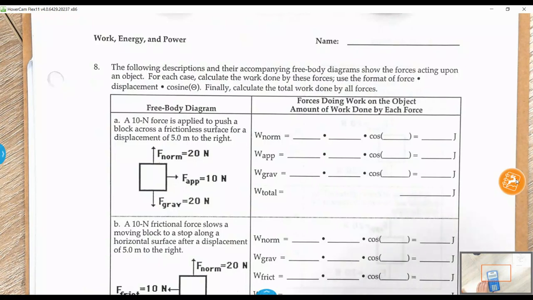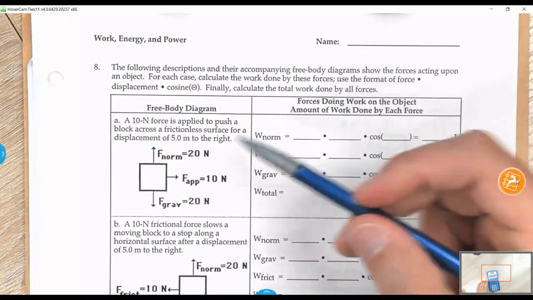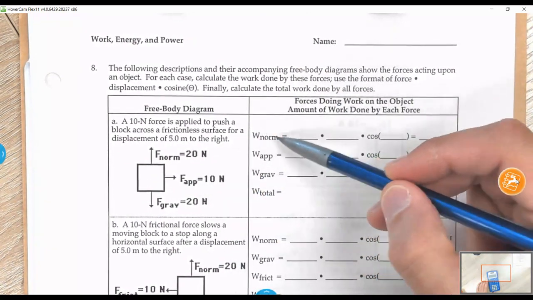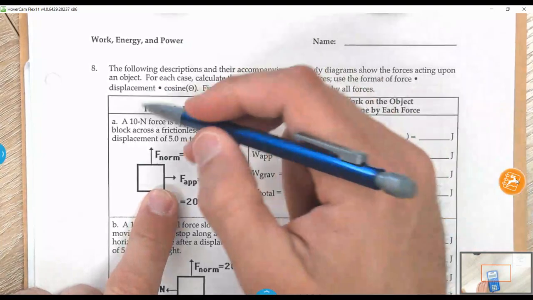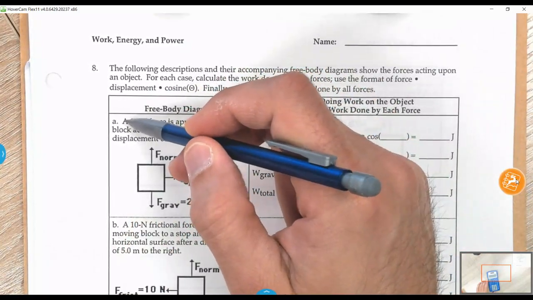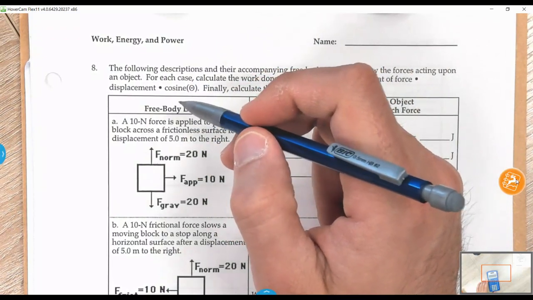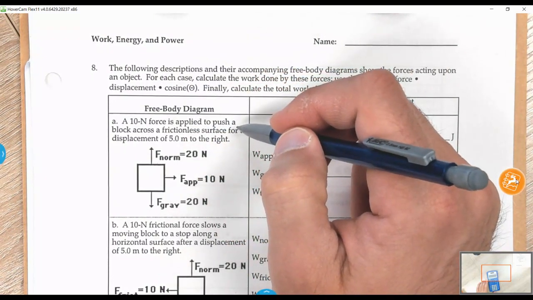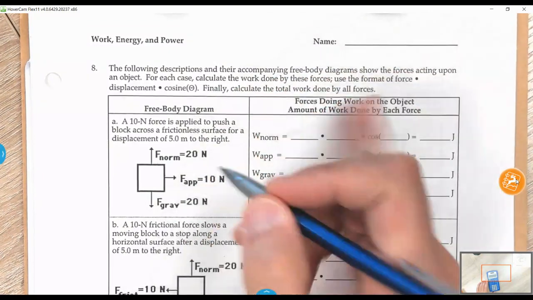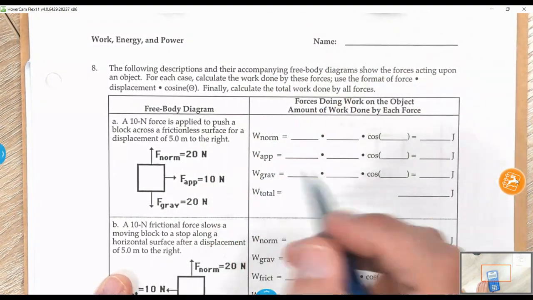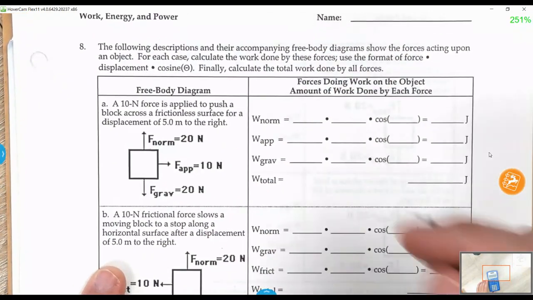Calculate the work done by these forces. Use the format of force times displacement times cosine, F D cosine of theta, and calculate the total work done by all forces. So right now, work done by the normal force. A 10 Newton force is applied to push a block across a frictionless surface for a displacement of 5 meters to the right. So I'm going to add in the fact that this thing is moving